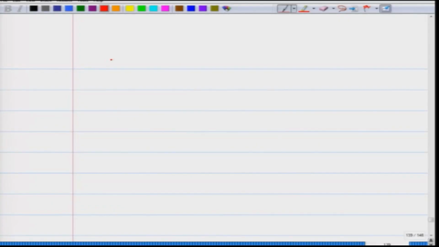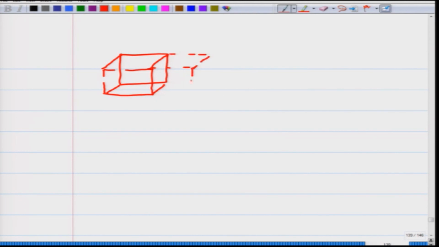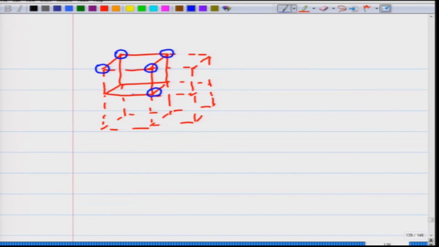You can also look at it for a cube. So, for a cube, just to show you that this is also valid in 3 dimensions, and this is a lattice of cubes which are going to repeat itself in 3D space. And if you look at it, each point is like now a sphere at the corners of the cube, and how many points are there? There are 8 points